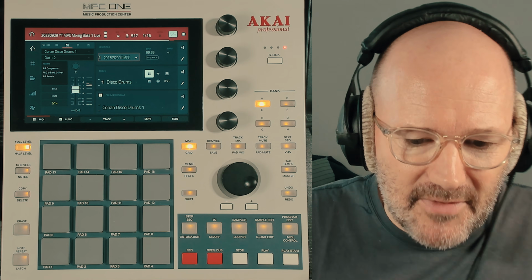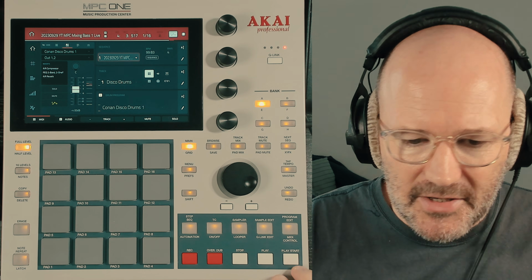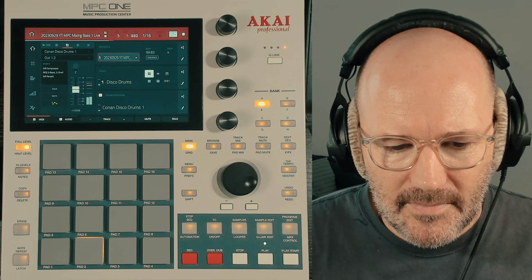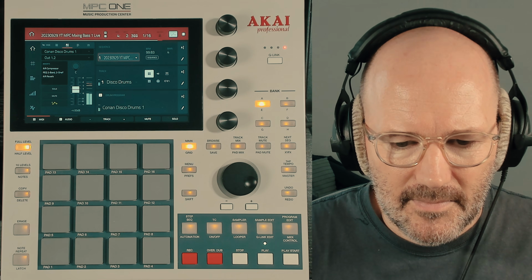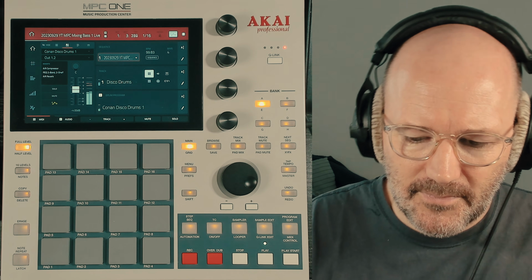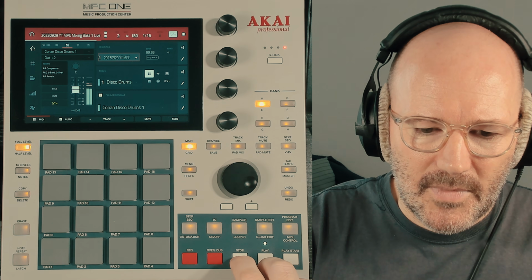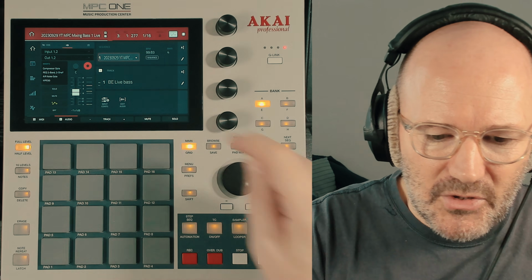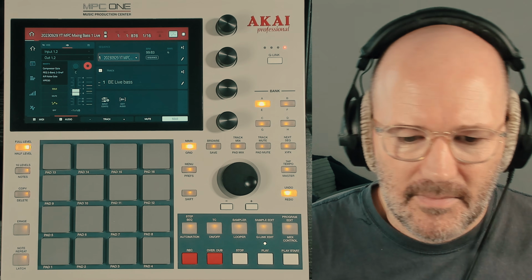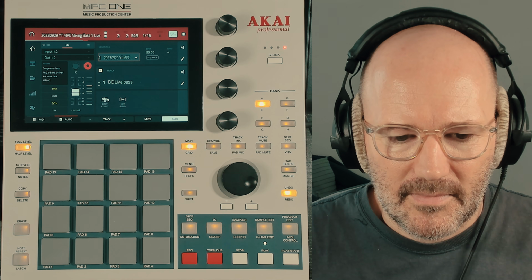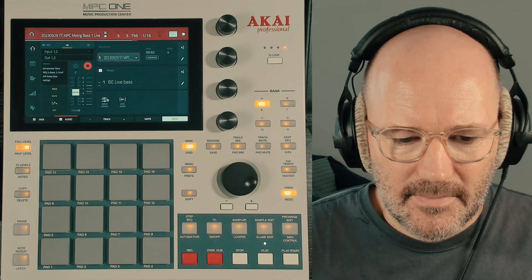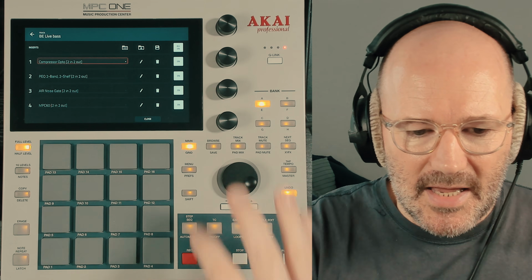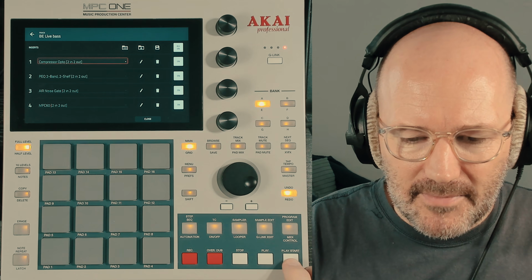So let's have a look at this live bass first. I've got a drum beat and just a live bass. There's no other elements to the track. So just a very simple kind of disco funk kind of track. If we go to the bass, just listen to that in solo. And then let's go into the effects chain. So if I take everything off,